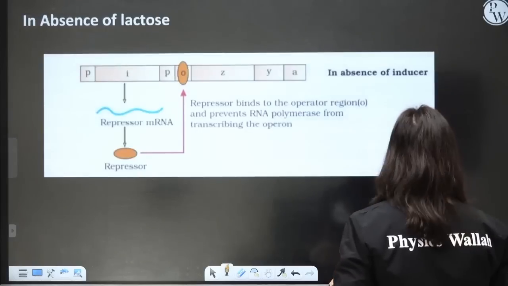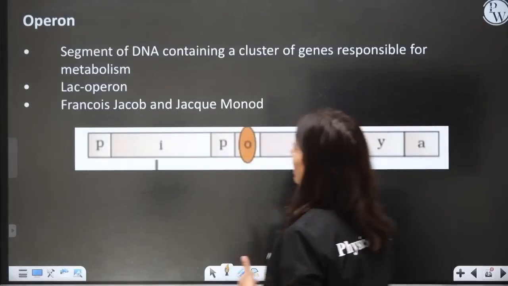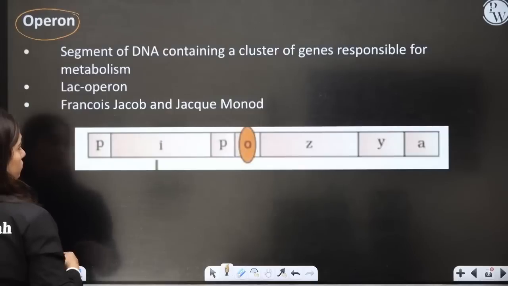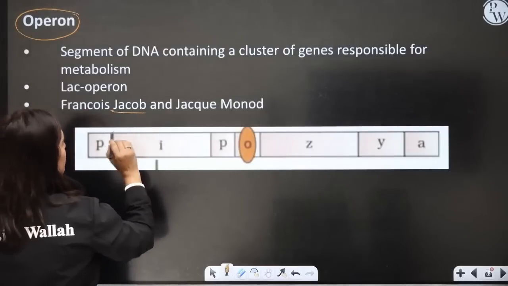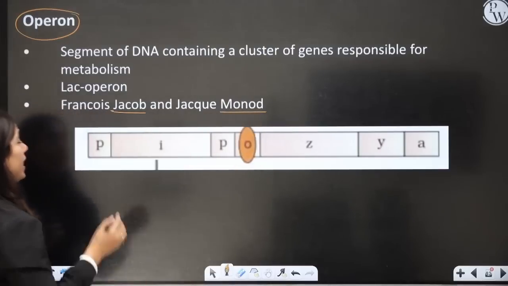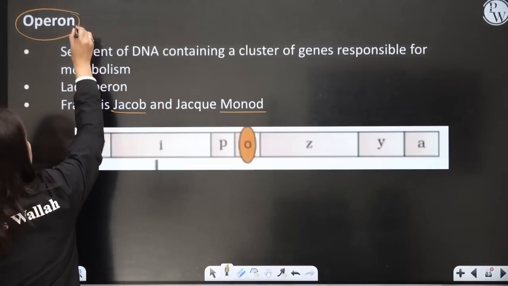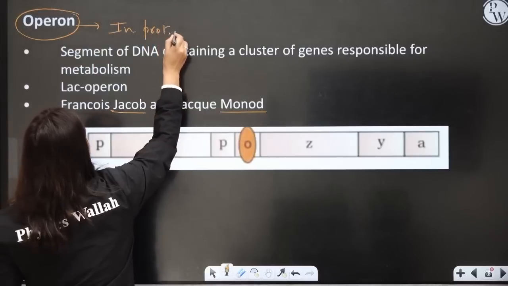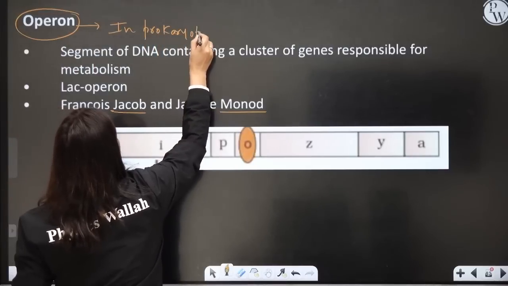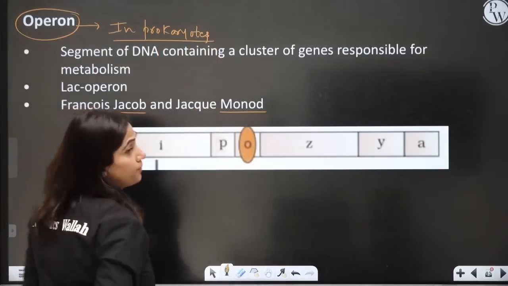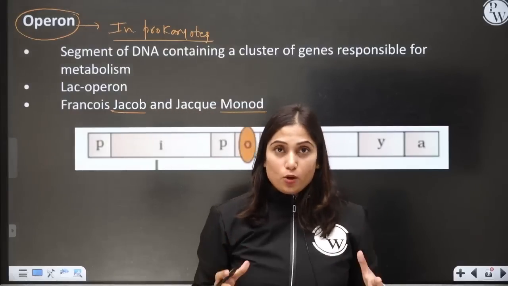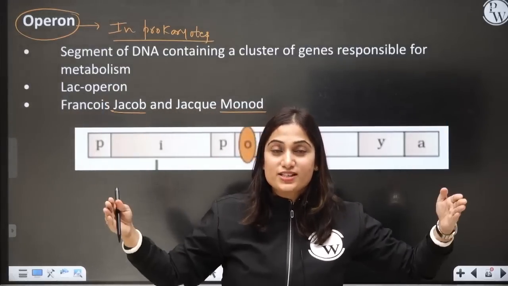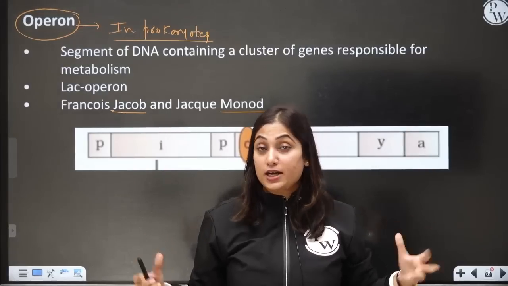Now let's talk about the operon. The concept of operon was put forward by Jacob and Monod, and it is found in prokaryotes. Now, what is an operon? An operon is a segment of DNA, a cluster of genes, which contains many genes,